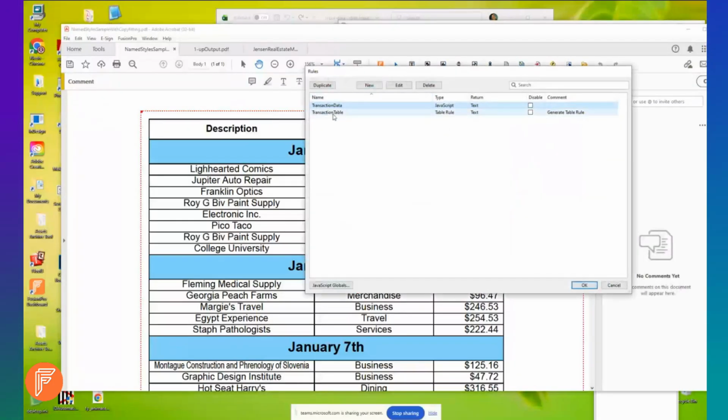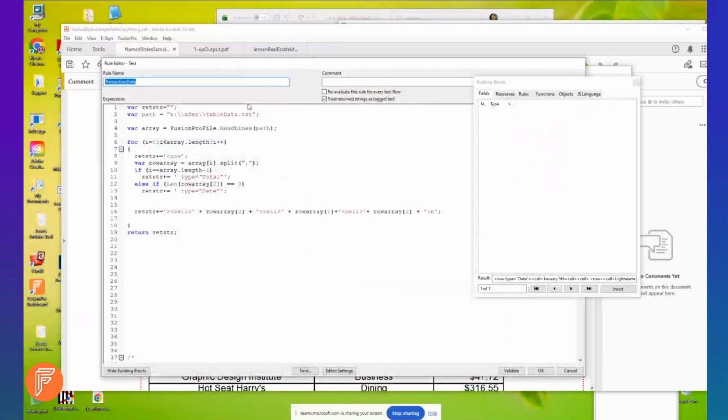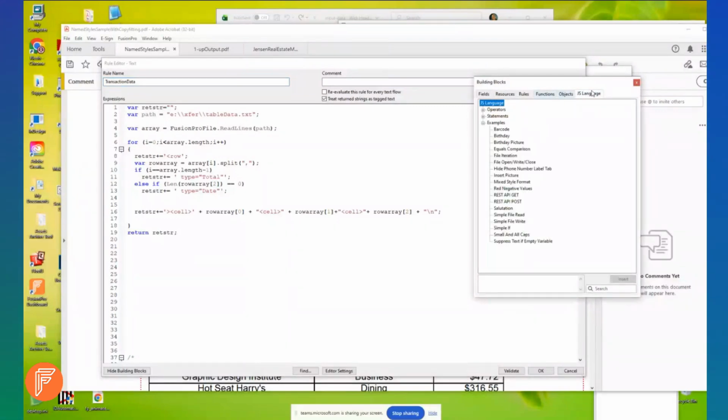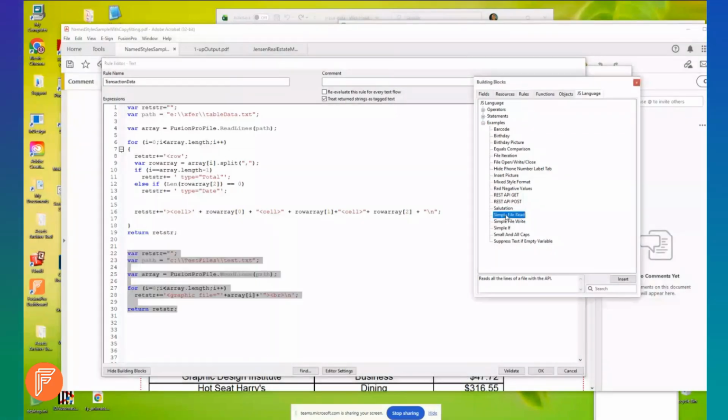In order to read that data, I wrote some JavaScript here that uses this file read write API. And if you don't know, inside of the building blocks here for JavaScript, there are some samples that are built in. I used the simple file read, which is the one I used for this. I can just double click on it and that inserts some code here. And there are a lot of neat, helpful example pieces of JavaScript here